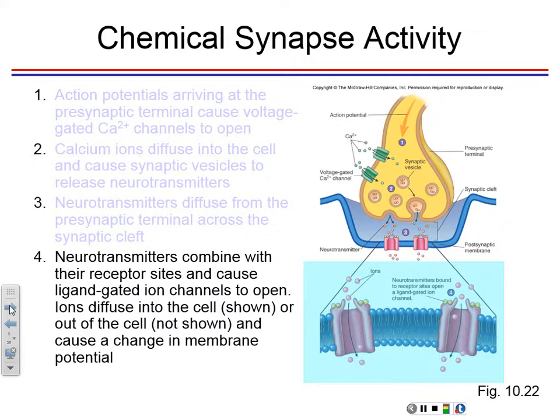Yeah, it becomes more negative, which is called repolarization, but it's going past resting, so that's a hyperpolarization. It becomes more negative. So when that happens, is it going to be an inhibitory or excitatory synaptic potential? Inhibitory, okay? So inhibitory will take it further from threshold, because threshold is minus 55. If it's going more than minus 70, then it's going to be further and further away from threshold, so you're less likely to have an action potential. That's how they inhibit.